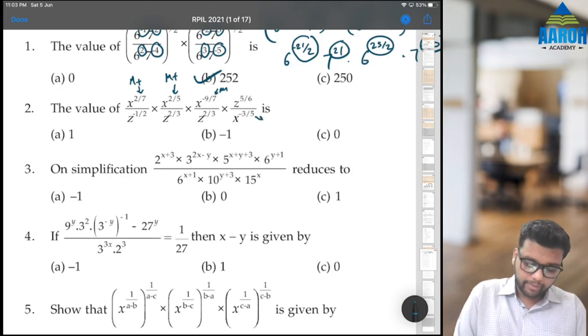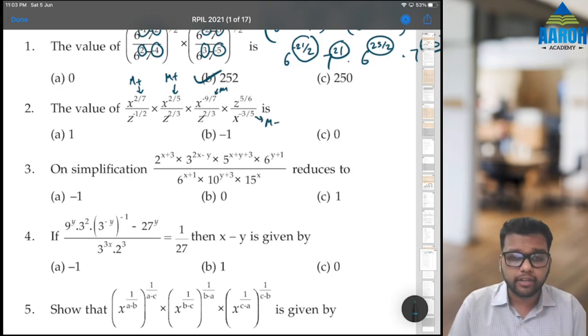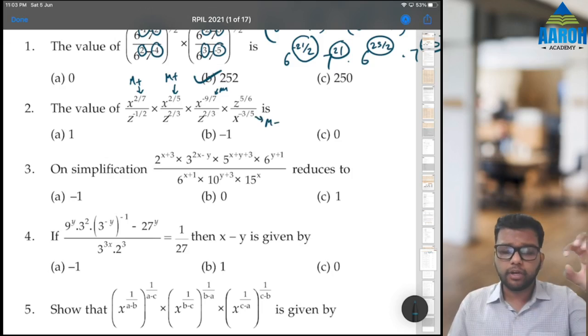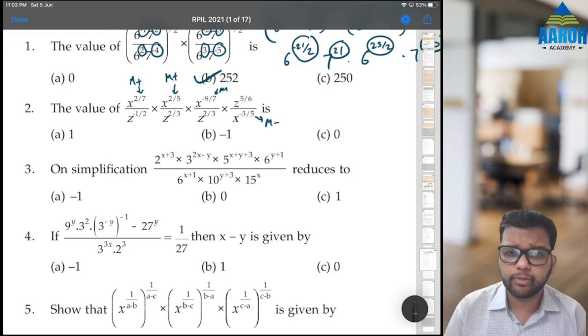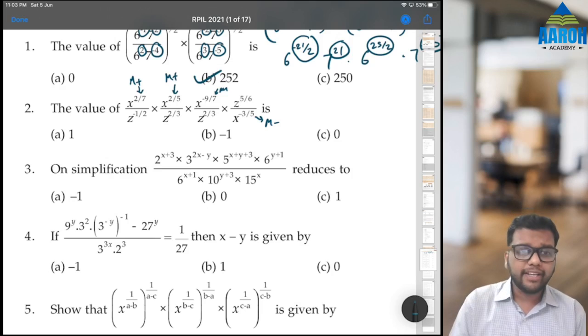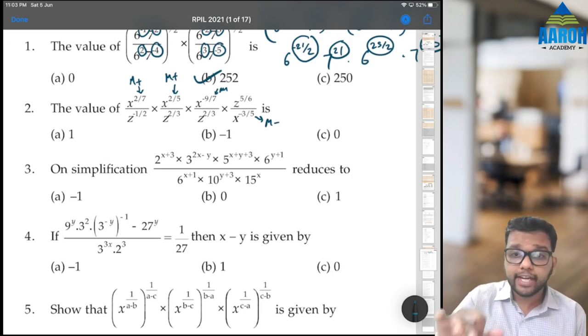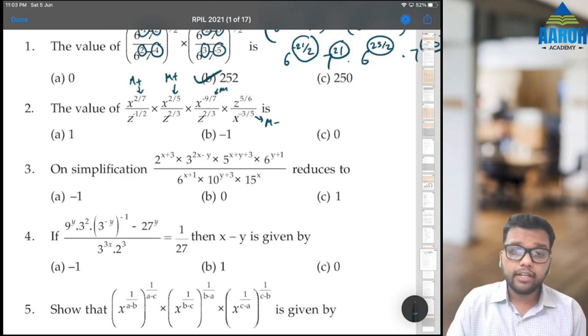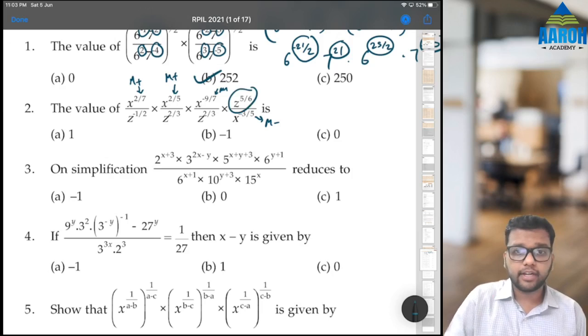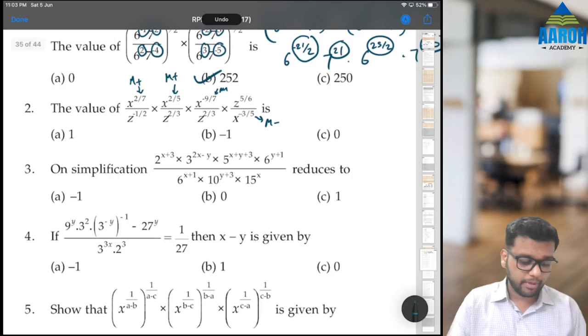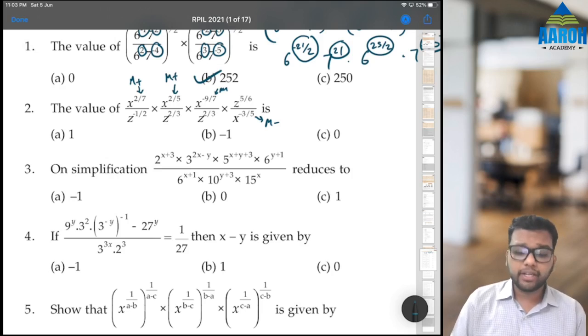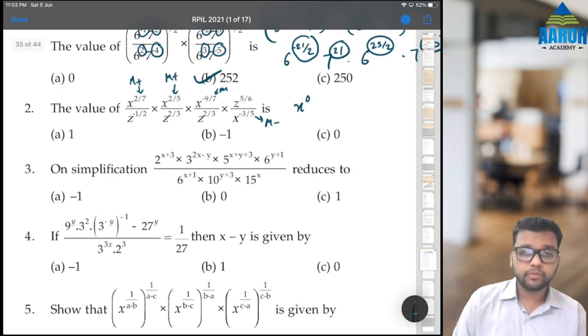and the power of x here, M minus, because that is in the denominator. Because we know the rules of indices, the numerator's powers will add, the denominator's powers will subtract. So 2 by 7 M plus, 2 by 5 M plus, 9 by 7 negative. How will you do it? 9 by 7 and then press the plus minus sign and then M plus, and don't take this, this is z, right? In the denominator we have this minus 3 by 5, so 3 by 5 negative and M minus. If you press MRC you should get 0, which means x raised to 0.